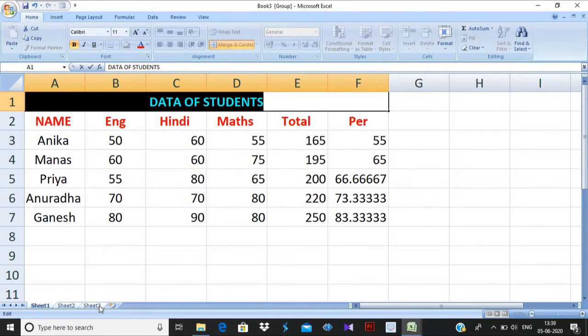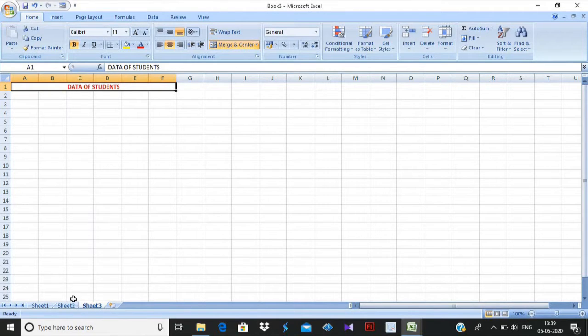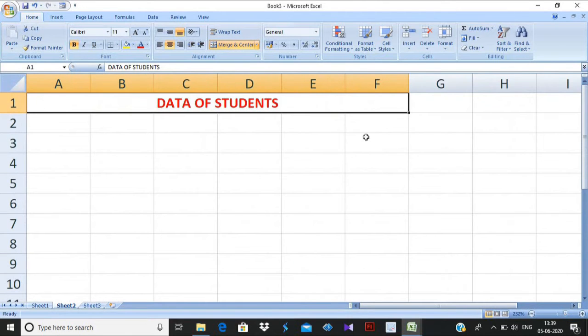Now, when you have done your work, go to sheet number 2 or 3, not sheet number 1, right click there and click on ungroup sheets.